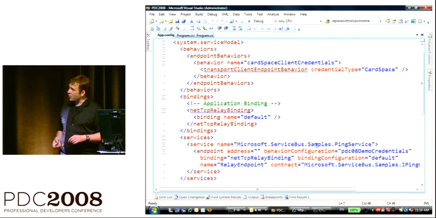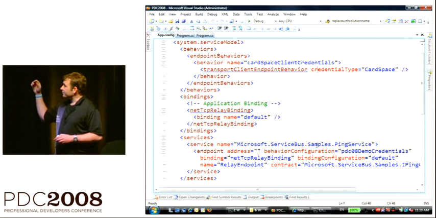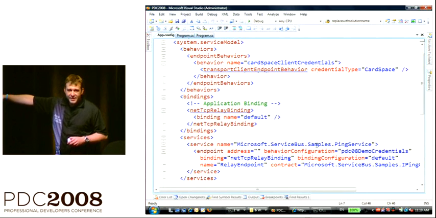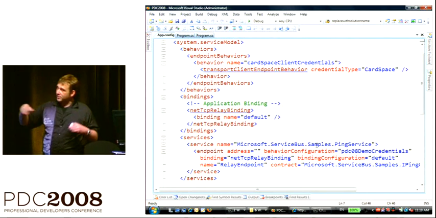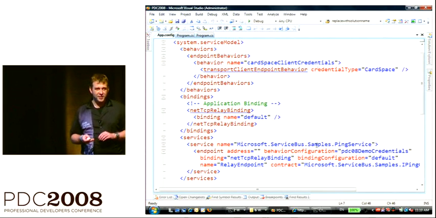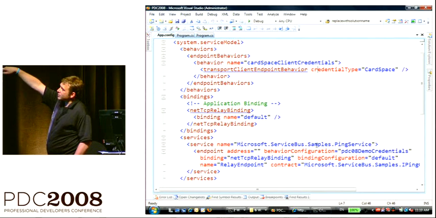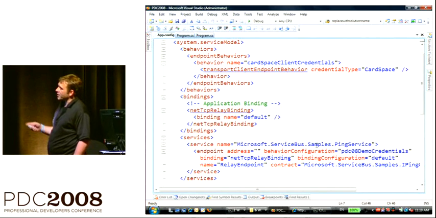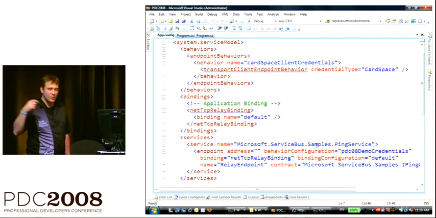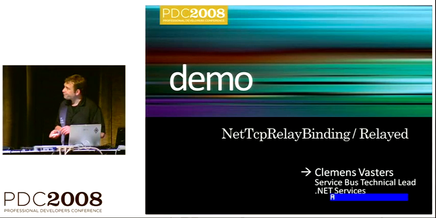What I've done here for the demos, because I'm pretty protective of my password, as you could just see, and what I didn't do in that demo, just me stupid, is I didn't put that behavior configuration with the demo credentials in there, and that's why it's still asking me. So you take one of those behaviors, one of the configuration settings of that transport client endpoint behavior, and then stick that into the endpoint. And this is how you authenticate with the system. I'm going to have a graphic about that a little later.